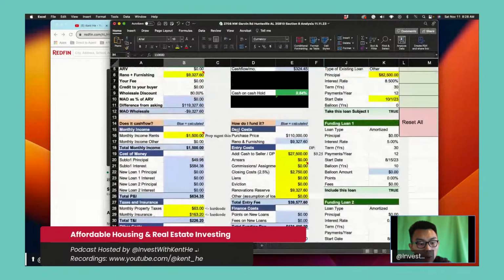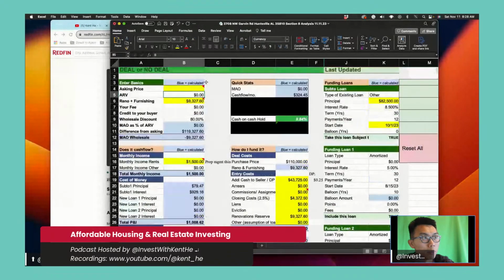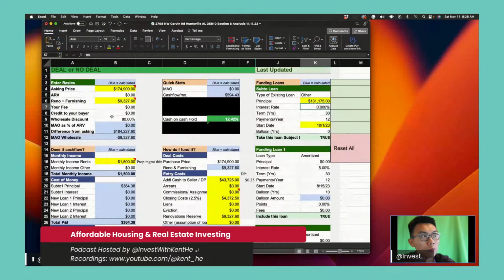The best thing I learned from my mentor about how to pitch creative finance is like, hey, I can give you the price that you're looking for. You can give me the terms that I'm looking for. So at 174,900, right? If I gave them 25% down, what if they financed the rest of it to me at 0% interest? Well, at 0% interest, this would make this a 12% return. Well, if I want to turn this into a 17% return,